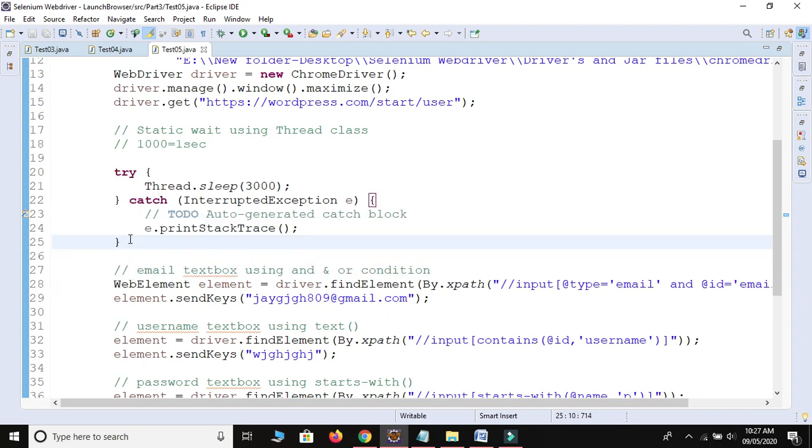But most of the time, guys, static wait is not a good approach. The disadvantage of static wait is that its name says static.